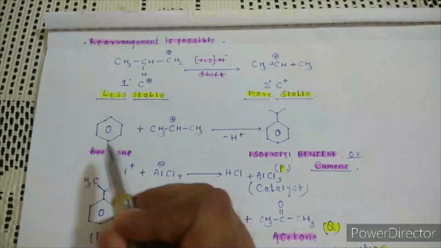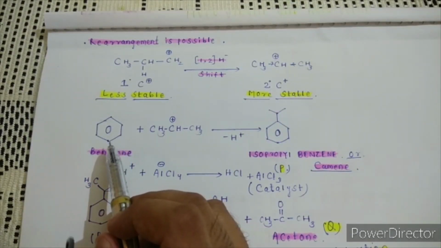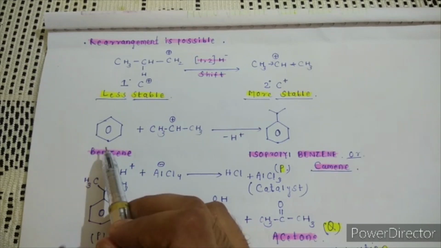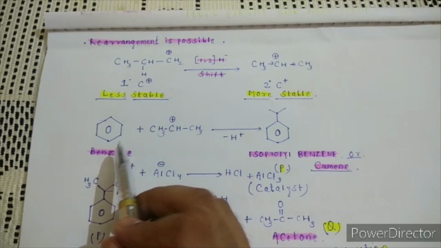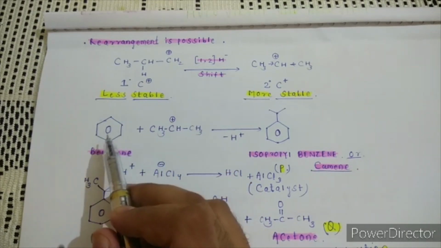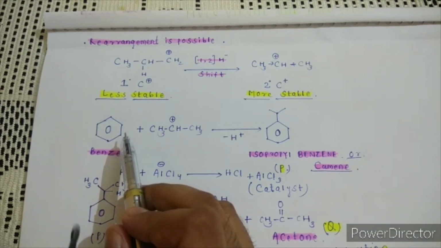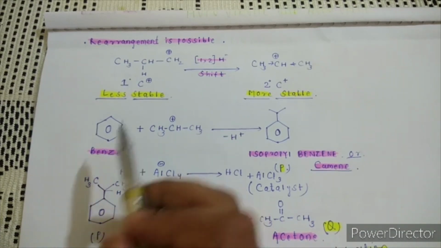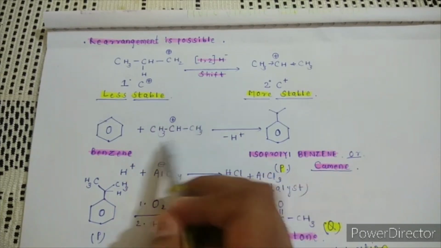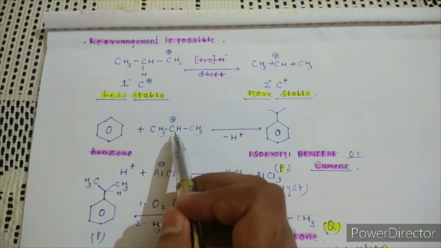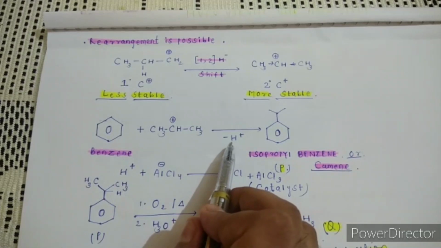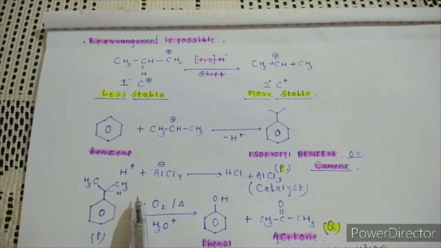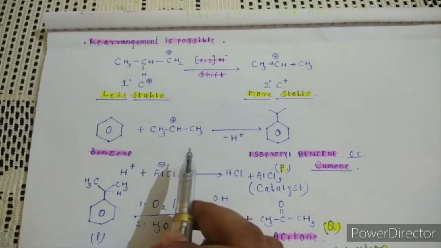After that, electrophilic substitution reaction will occur. We know that benzene will undergo electrophilic substitution reaction in presence of a catalyst. So in Friedel-Crafts alkylation reaction also, benzene will undergo electrophilic substitution reaction in presence of a Lewis acid AlCl3. So here the electrophile is this one. This is called isopropyl carbocation. Now this isopropyl carbocation will be substituted in benzene by the replacement of this hydrogen. So there will be the removal of one hydrogen and the electrophile gets substituted over benzene. So one hydrogen as H plus will come out.